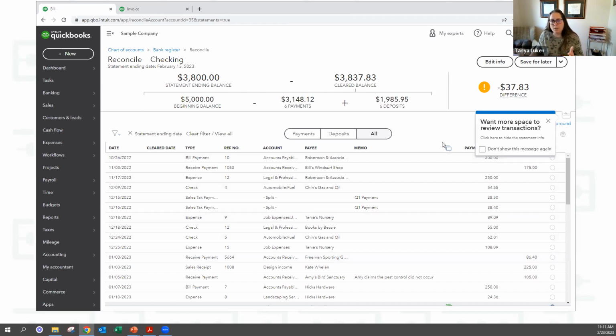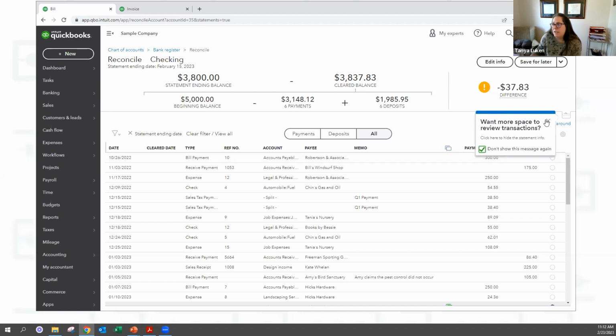So once you get to this screen, essentially all you're going to do is match your transactions in QuickBooks with whatever's on your statement. You can print out a copy and put little check marks like the accountants that you are, or you can just have it on a separate screen, or you could squish them up side by side or have one on your phone. You'd have to have your bank statement on your phone because you can't get to this from your phone. And then it pops up some little tips that are here.